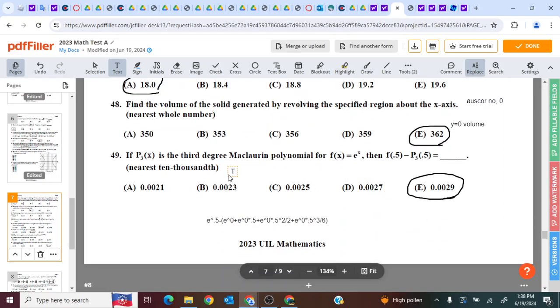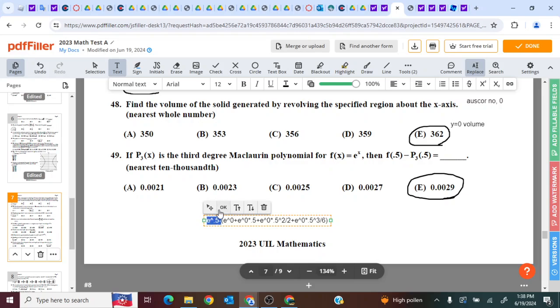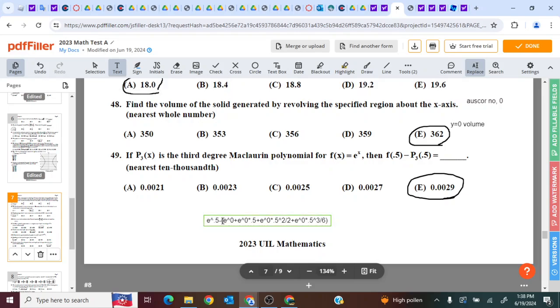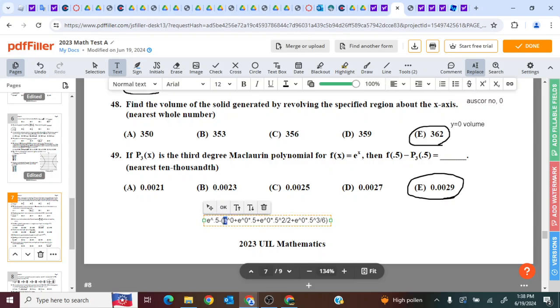49, p of 3 is the third-degree Maclaurin polynomial. F of 0.5 minus the third-degree polynomial of 0.5. Well, Maclaurin polynomials are equal to, this is your original value you're subtracting by e power to 0.5 minus your equation with x equals 0, then your equation with x is equal, then the derivative of your equation with x